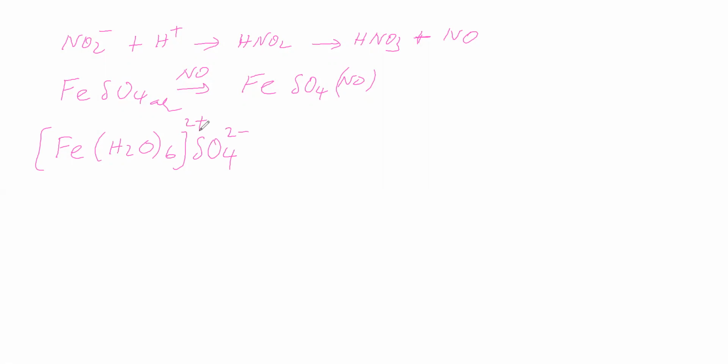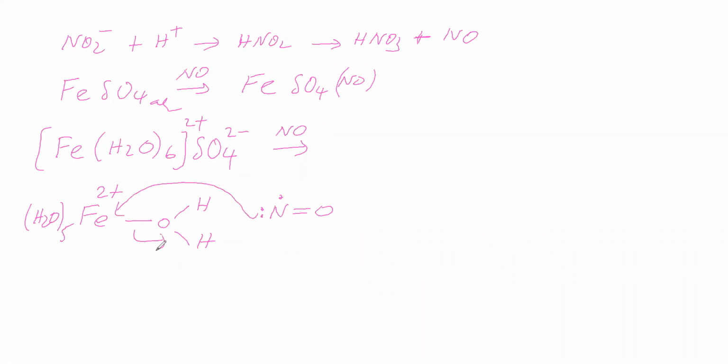Okay. Now nitric oxide comes. Now what happens? We will see Fe having water ligands. Here Fe has a 2 plus oxidation number. The rest of the 5 water molecules we will write here. Now nitric oxide will take the place of one water. It attacks and water is leaving. Therefore we will get Fe 2 plus NO, with nitrogen having one lone electron, and 5 water molecules.